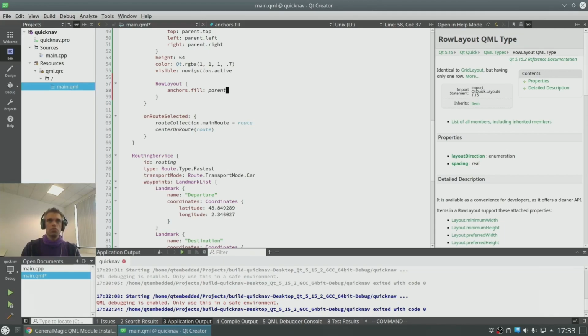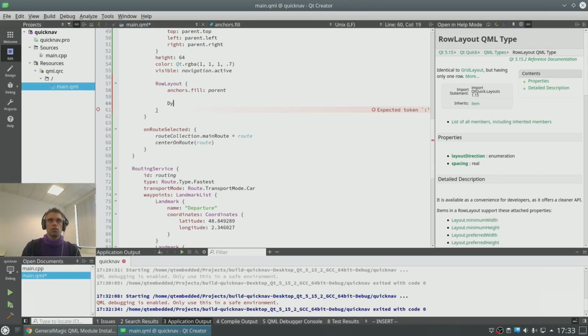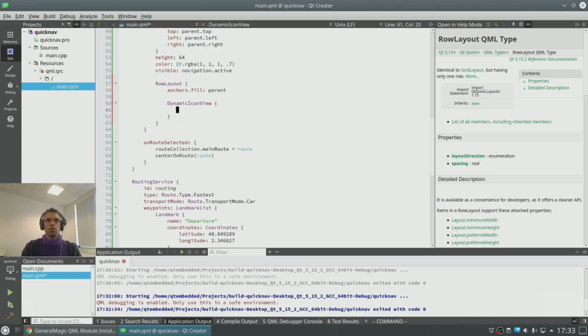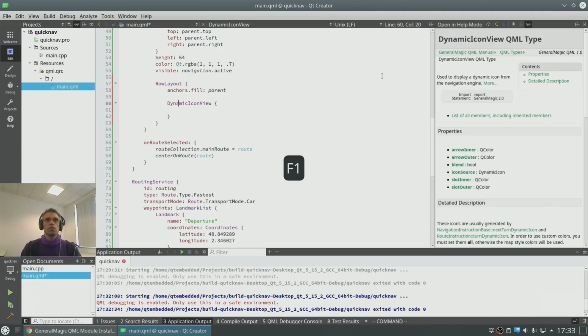And we're going to put a dynamic icon view, which is a general magic type. This type is to draw our icon because we could have a roundabout with 1 or 2 or 3 or 10 exits. We could have a right or left turn that's just slightly right or 90 degrees to the right or more than that.